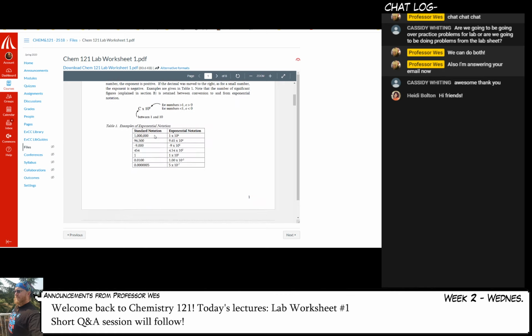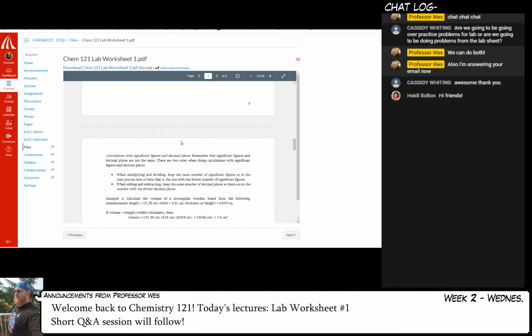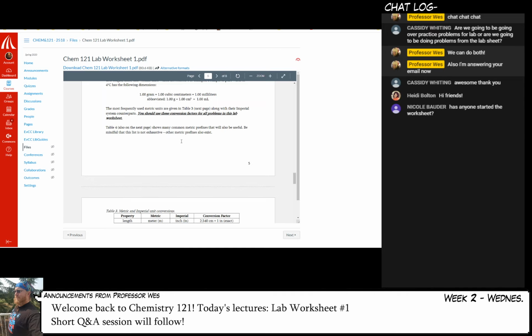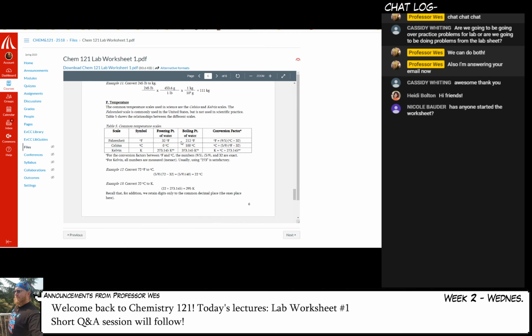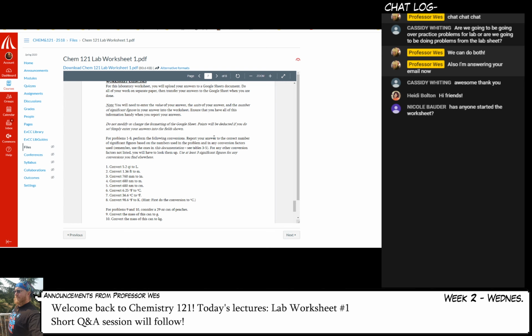So it talks about scientific notation. It talks about significant figures. It talks about how to do rounding and dimensional analysis and stuff like that. And it's got a bunch of stuff in here that you can read that is basically what we lectured on yesterday. Okay? When you scroll down far enough, down to page 7 of this document, you're going to see